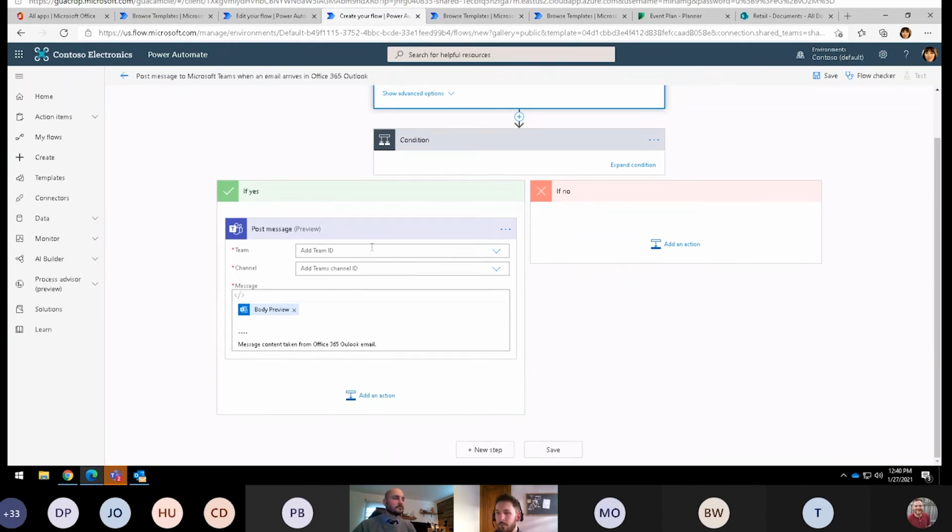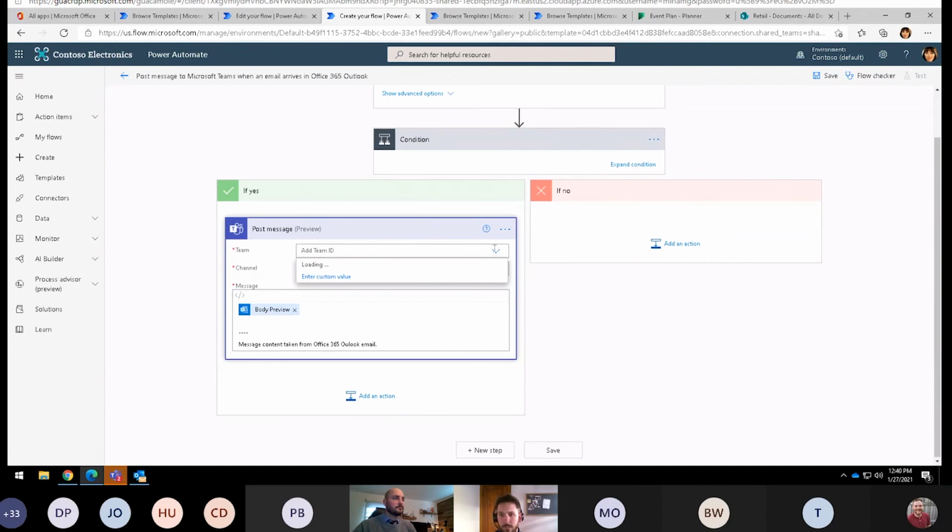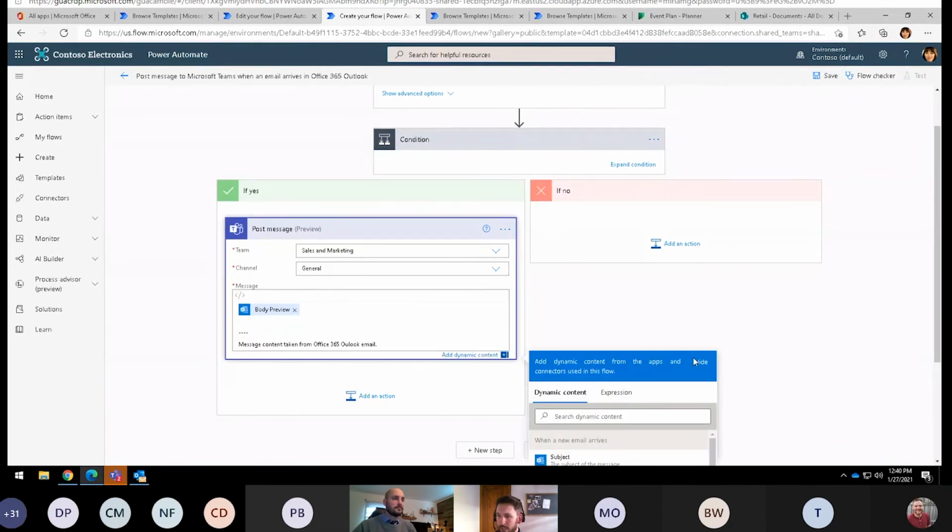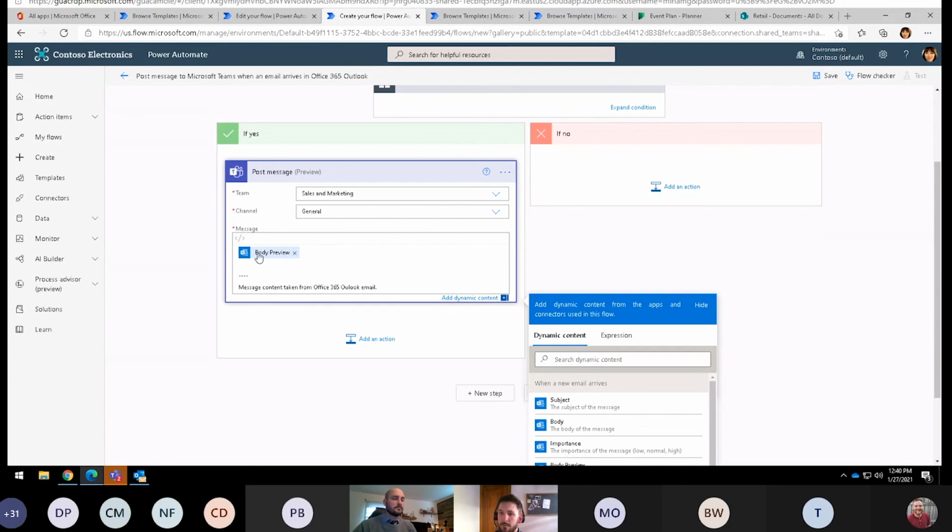So then we can go ahead and say what team we want this to post to. So in my example, like I said, we're going to have this post to the sales and marketing team. And we're going to have it posted straight into the general channel. And then in the message again, we're going to have the option to change this message field and add different pieces to it. So you can add just text into here, or you can maybe change